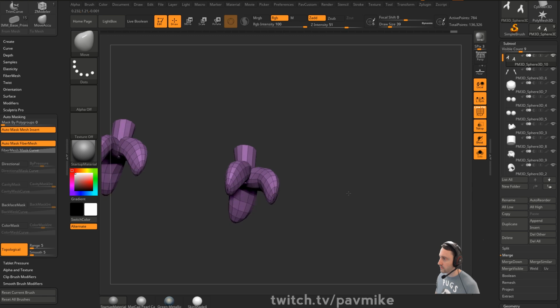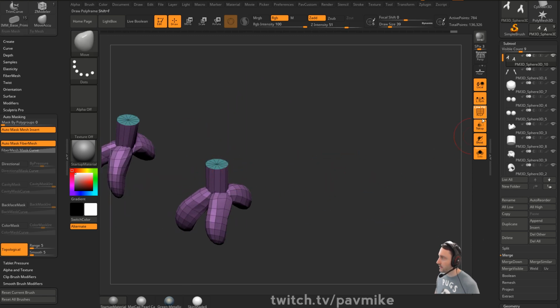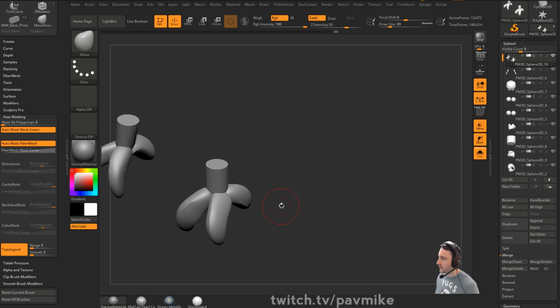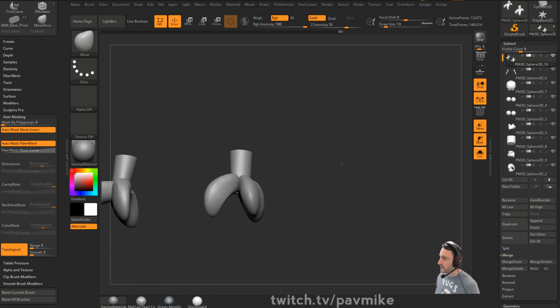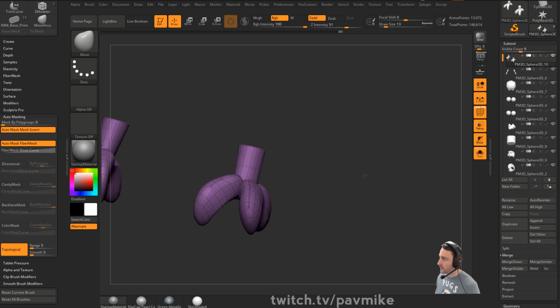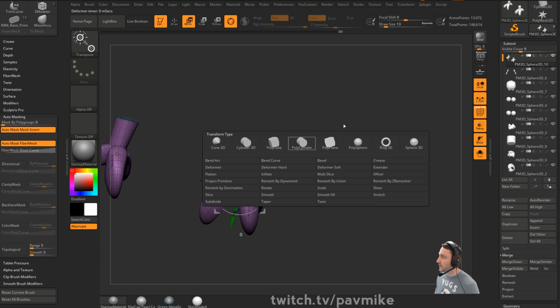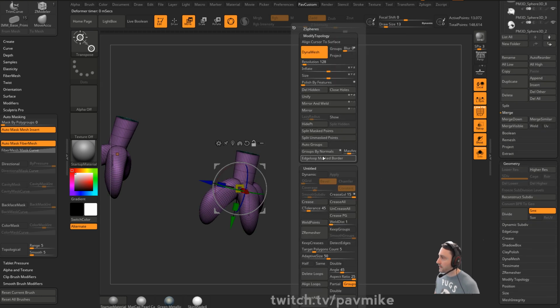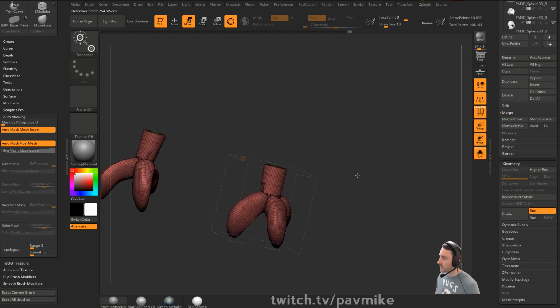making a union mesh first. So let's say this is what we want, and we do want a polygroup at the top here. If I want that to be a little bit nicer looking, let's go ahead and do a crease tolerance, turn on dynamic, hit apply, and then we've got that result. And this is going to be the feet. Now, in order to union these things together, let's go ahead and hit W, and we're going to go in here and apply that. Yeah. Well, first go down here, let's delete lower on our geometry, and then we're going to go over here to W, gear. We're going to remesh by union,